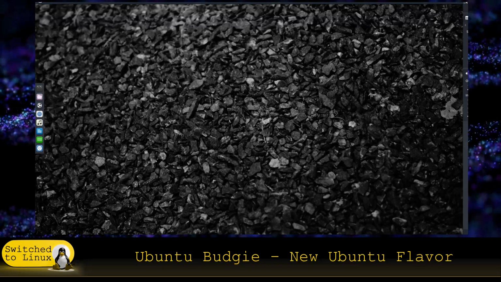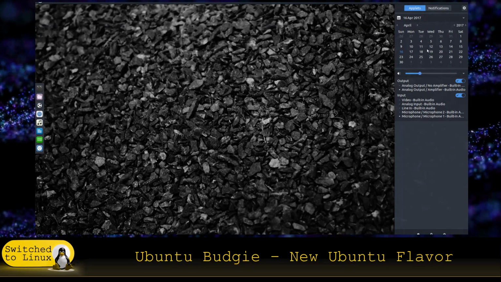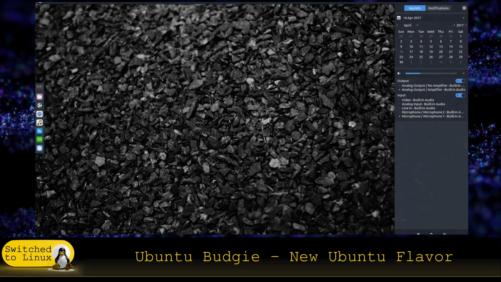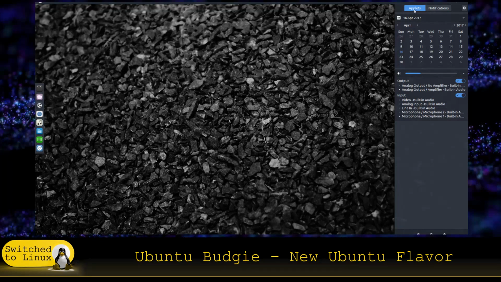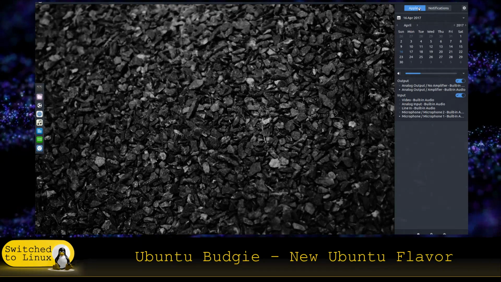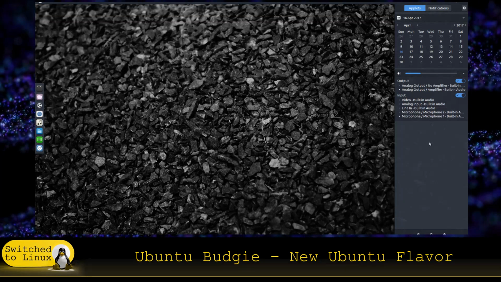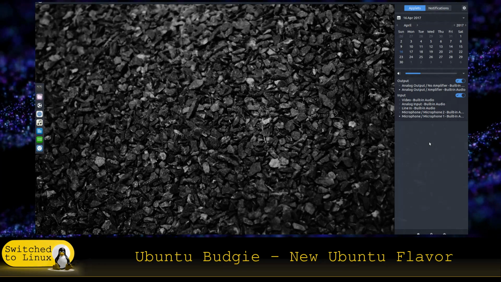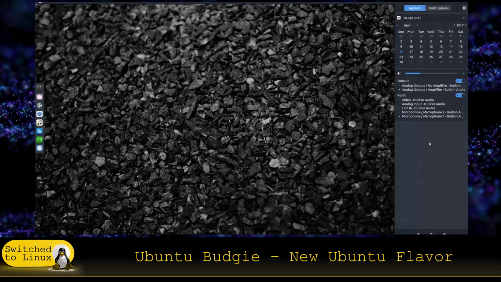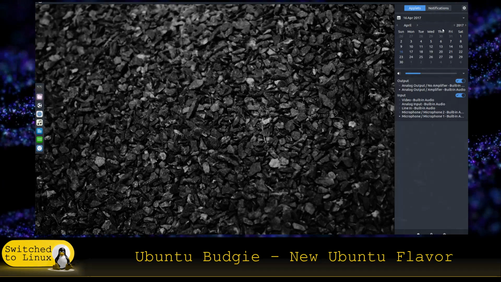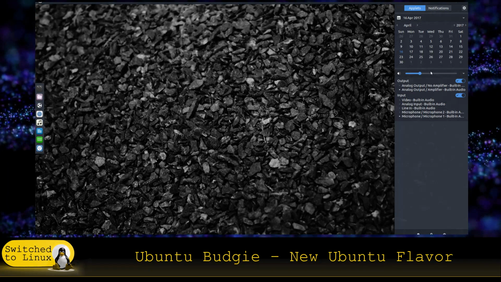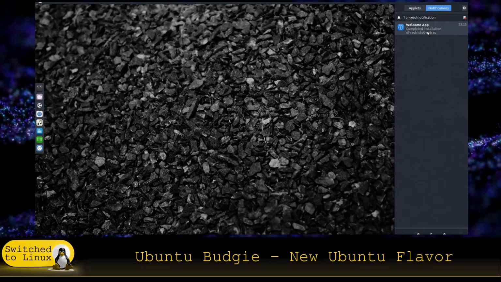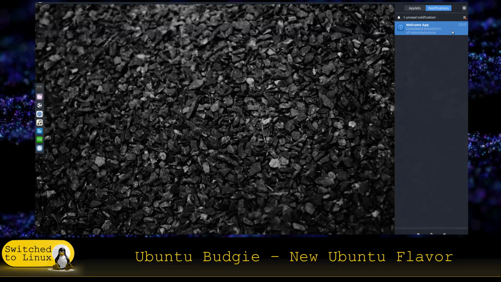Budgie is the Raven panel. This is the one that you didn't get a chance to see when I had the screen overlaying there. So this guy here, we have a notification panel, we have an applet panel, and this is a really nice smooth looking panel. It kind of reminds me of the panel that the Mac has. You can control your volume here, inputs, outputs. Notifications will appear over here. So this was where I completed the,